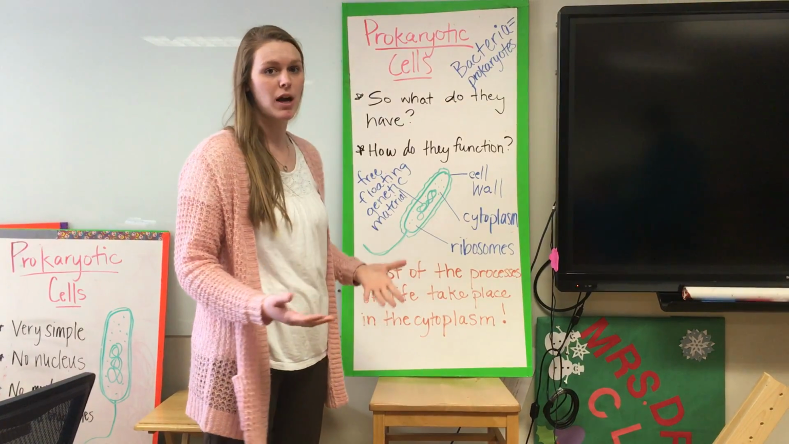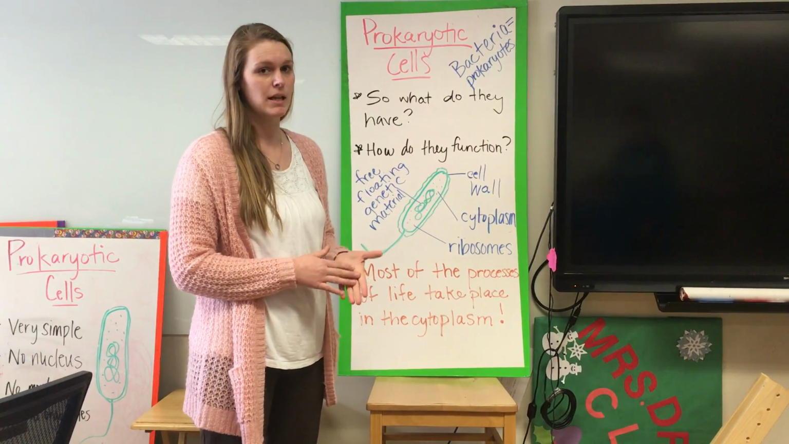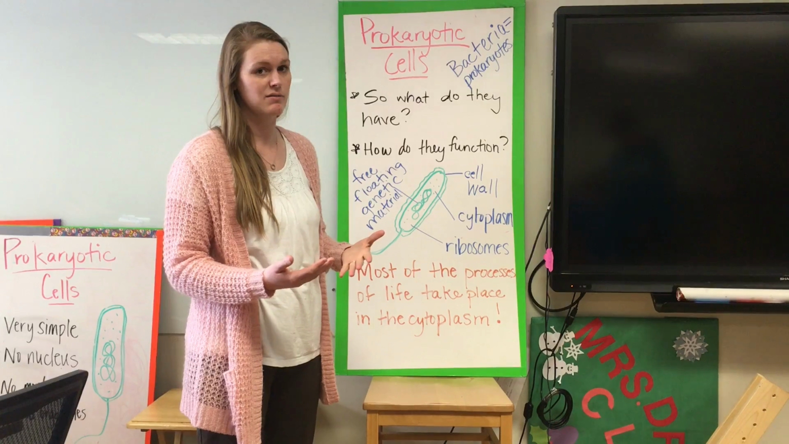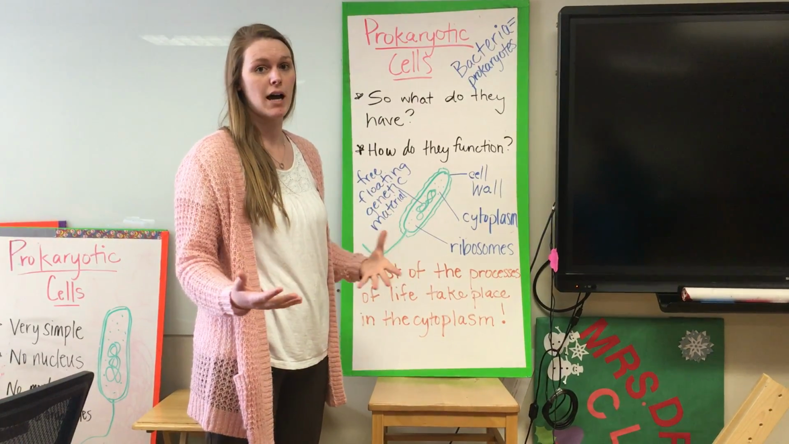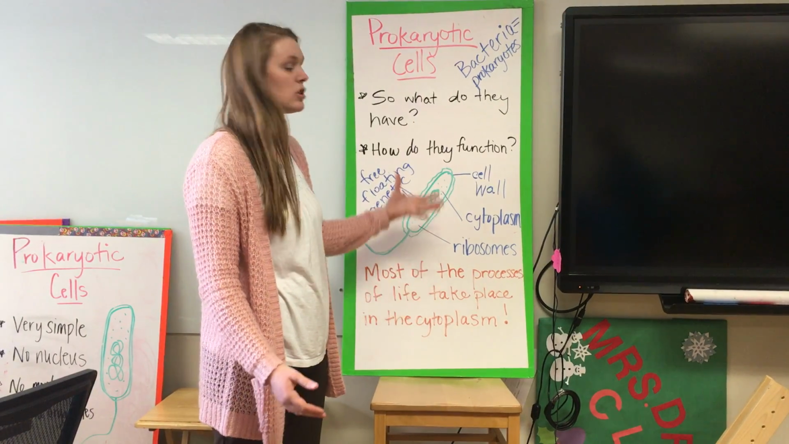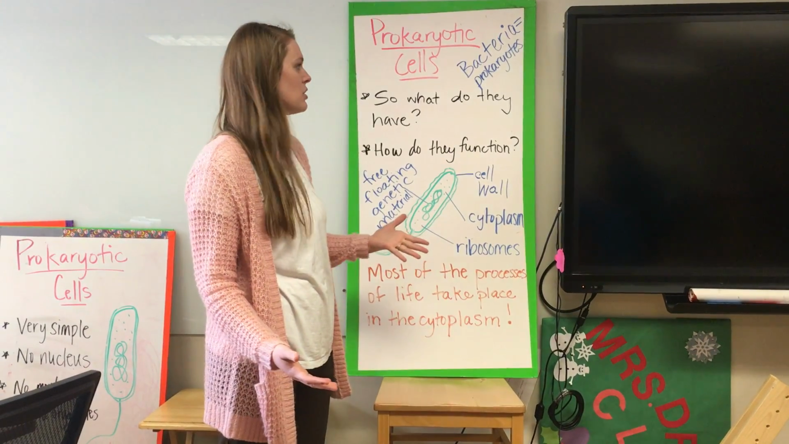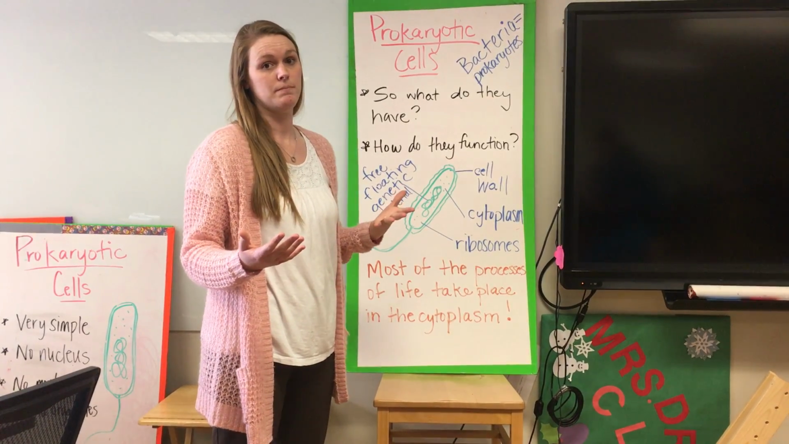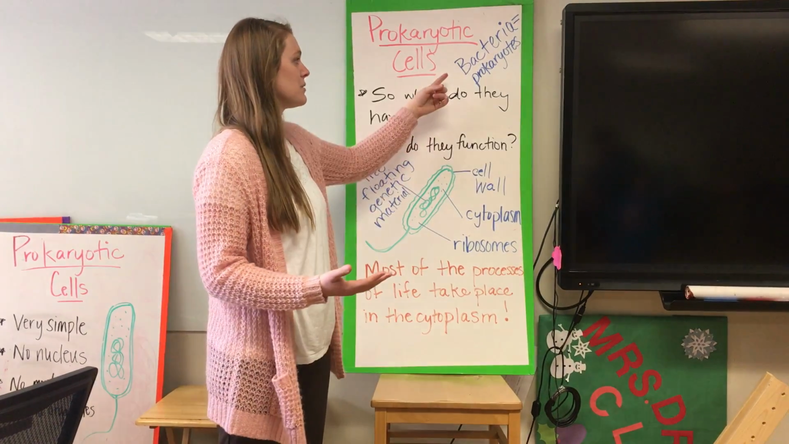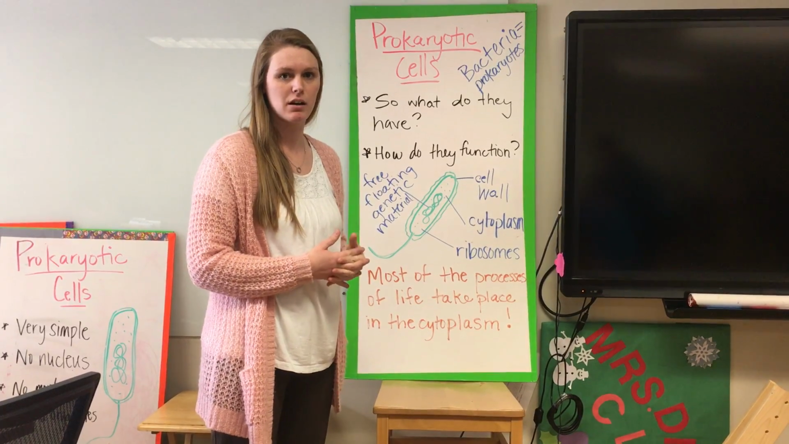So most of the processes of life, we know that in order to be a cell, it has to have all the characteristics of life. Most of these processes that keep the cell alive, these characteristics of life, take place just in the cytoplasm, not in individual organelles. So an example of prokaryotes, or a synonym for prokaryotes, is bacteria, which is what we're going to start talking about later in the